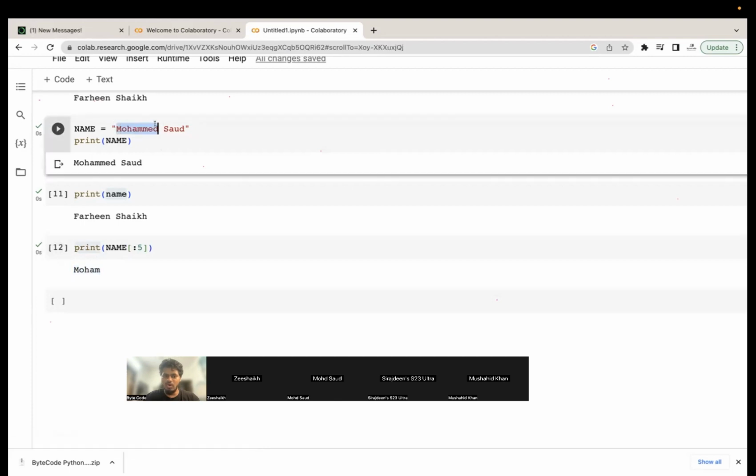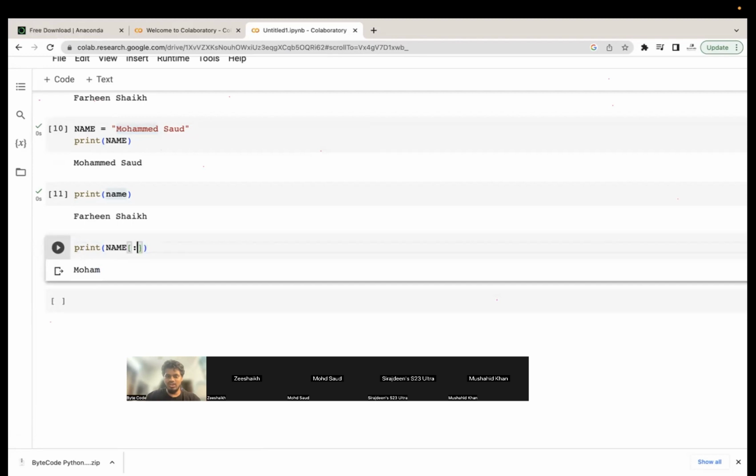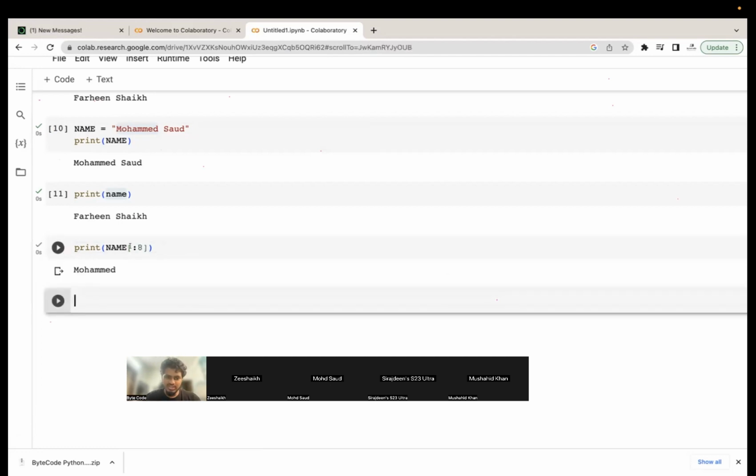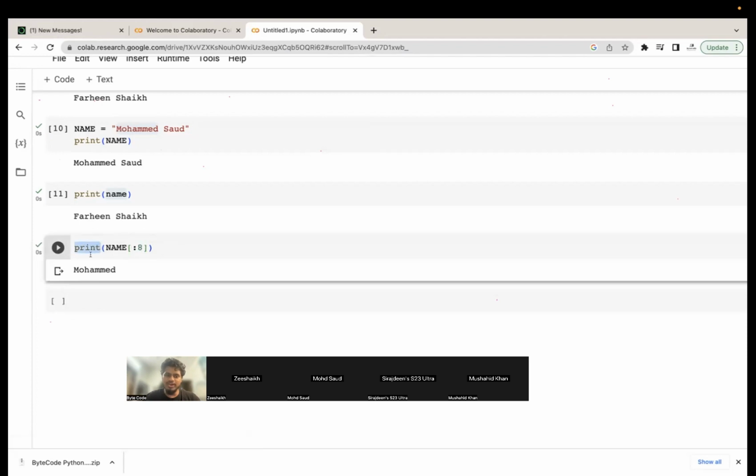I should be able to get Mohammed, but I'm only getting the first 5 letters. So then I will make changes. First 5 letters, then I count 1, 2, 3, 4, 5, 6, 7, 8. So I will say 8. So only by using print are you able to understand whether whatever you are trying to do is working fine or not.